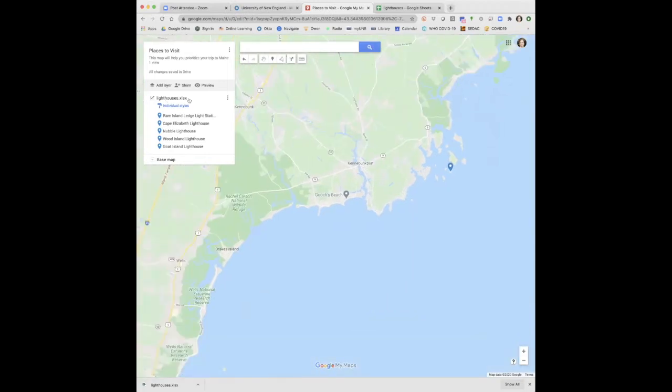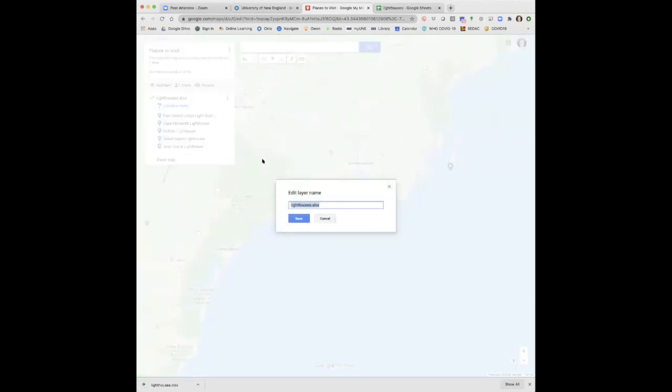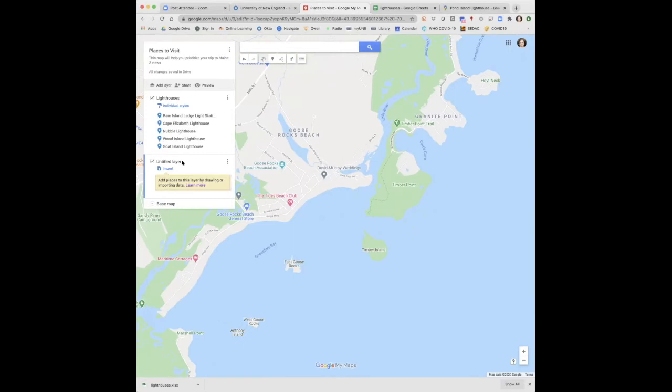Now, if you can see here, the name of the layer still has the XLSX, okay? So what you can do is change the name. There you go. This is not really what I wrote in the exercise, but